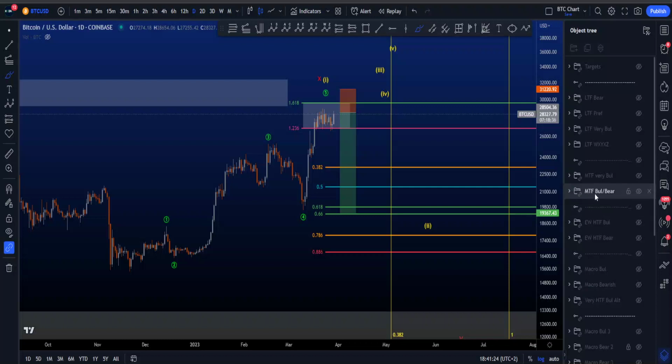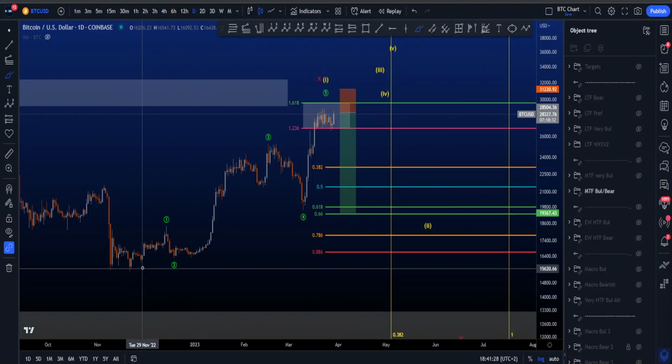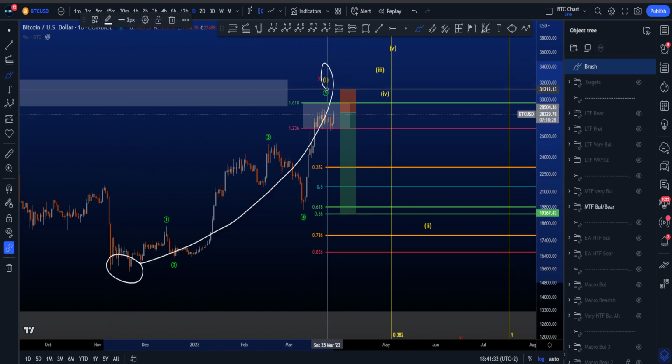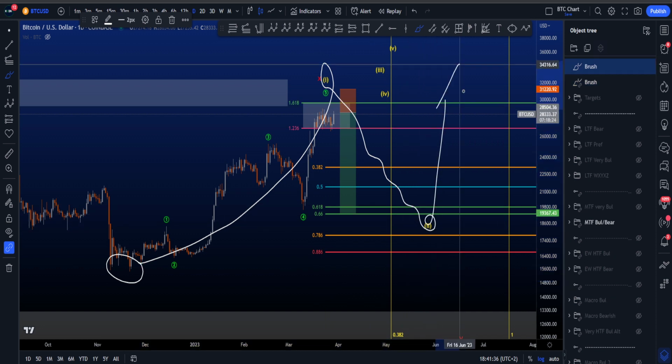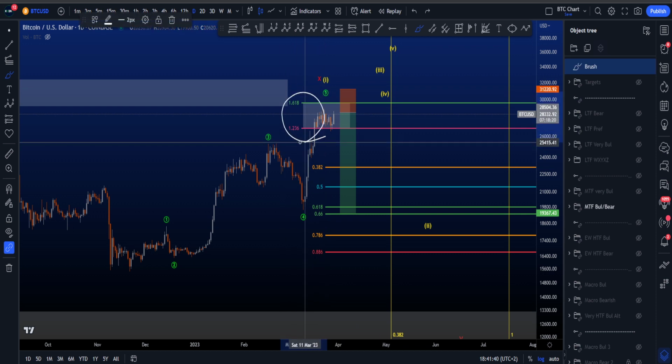Hi everyone, let's look at my medium time frame and low time frame scenario, starting with the bullish scenario on the medium time frame, where the low of the bear market is in, and this impulsive structure is part of a wave 1, followed then by a corrective structure in a wave 2 before a very big impulsive move to the upside. Currently, price has been ranging for a while inside the most common target area for wave 5, which